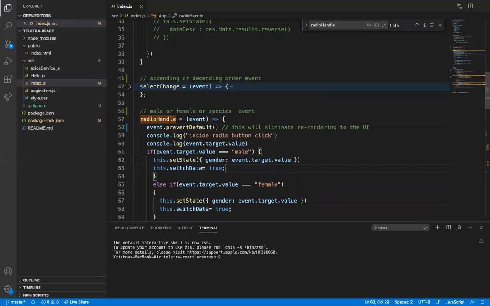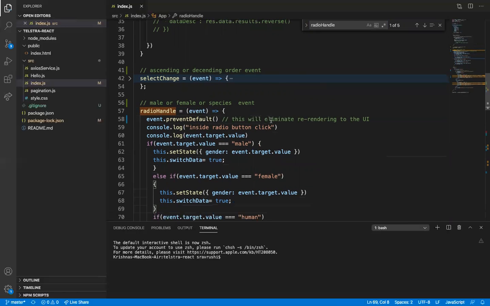Now the thing is event.target.value. Whatever the event target value is, it can be anything: male or female, or human or alien. All these possible values we are going to get in event.target.value.